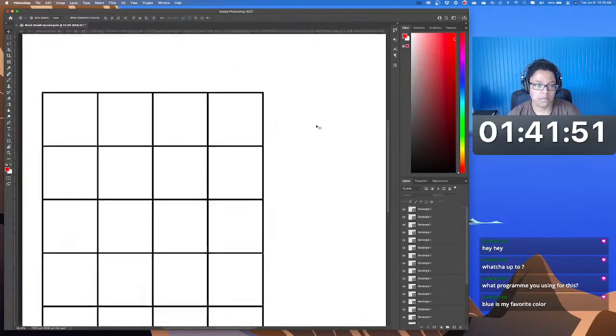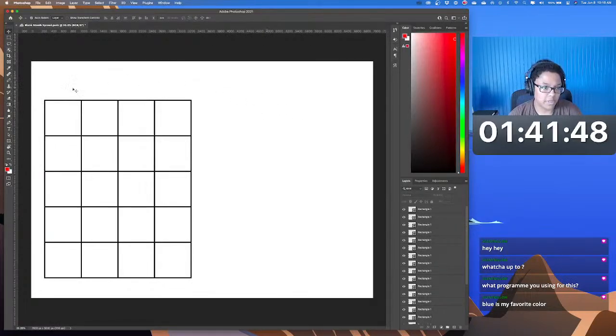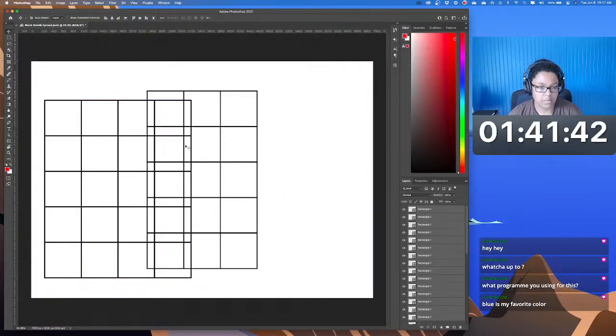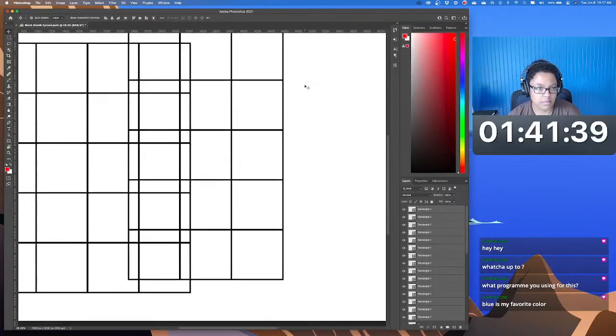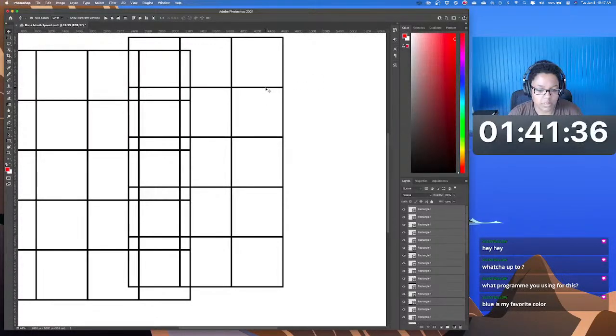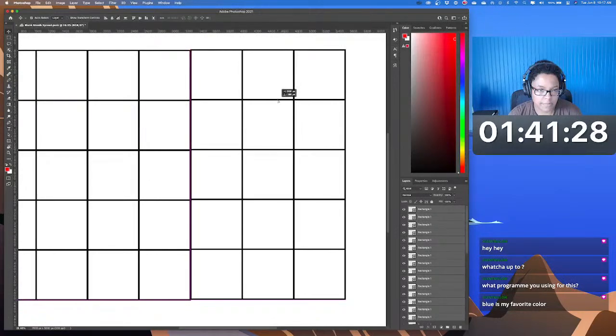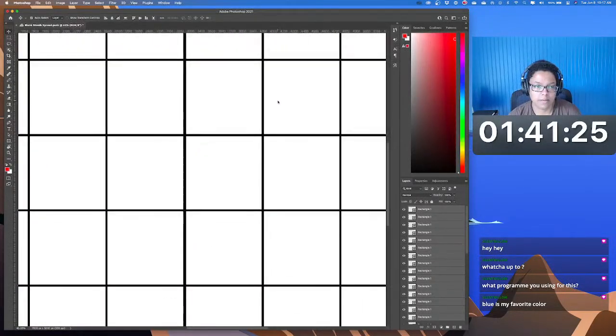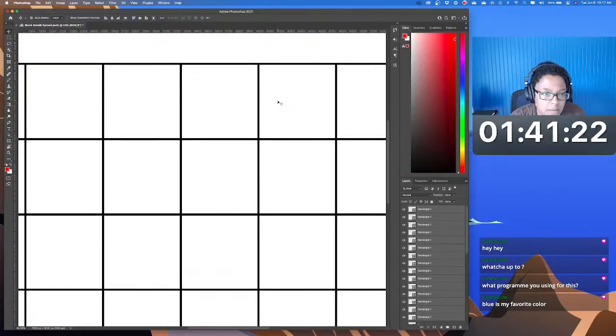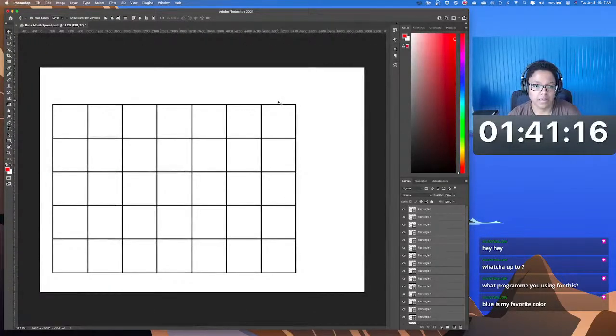We got 4 now, and then we need to just take these like that, and we should be good to go. Okay. That's it, and that is actually perfect because I wanted to give myself a little breathing room on the side